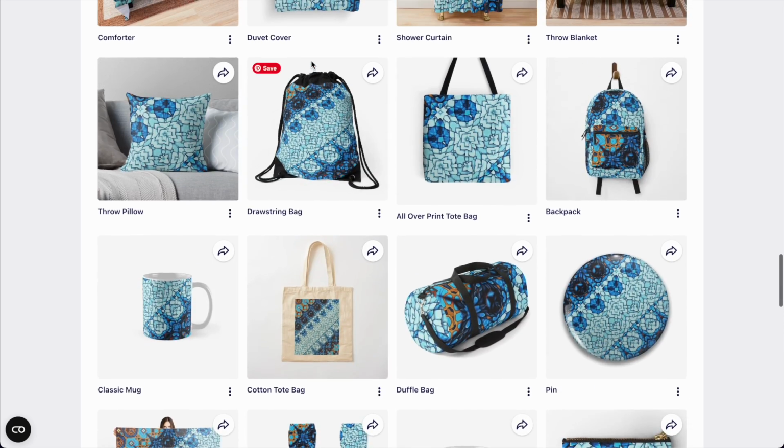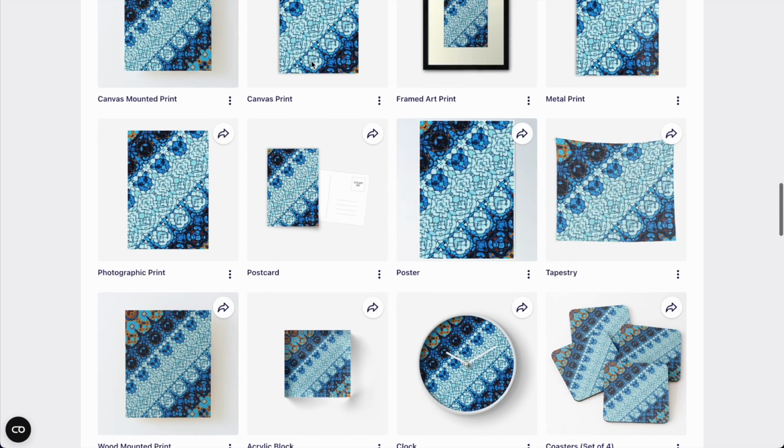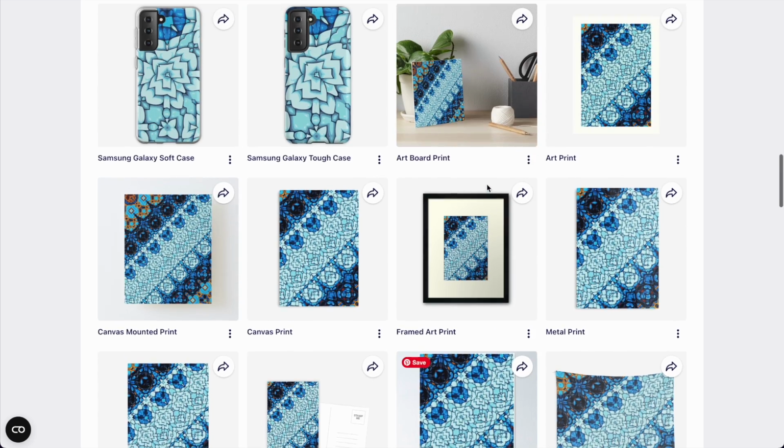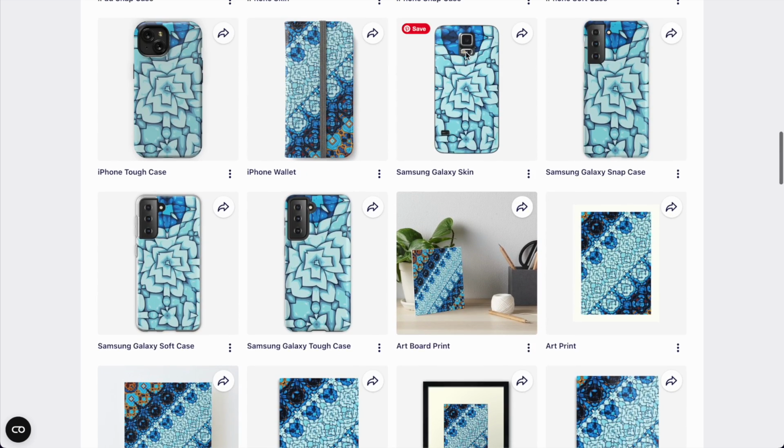You can also edit it by adding text on it afterwards, or create a different type of pattern for the postcards and the posters. I'm also thinking that when it comes to something like Christmas, you can play around with the different colors. For example,